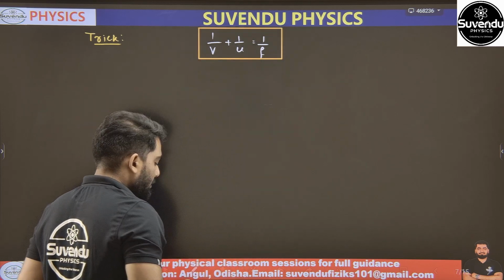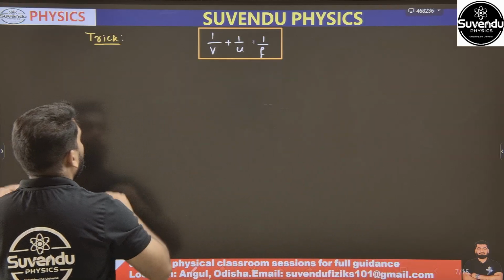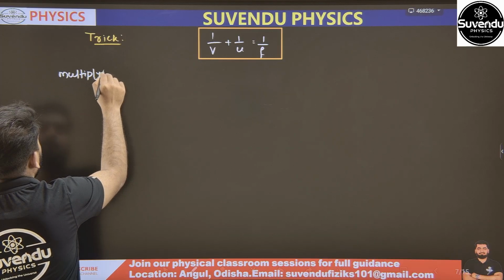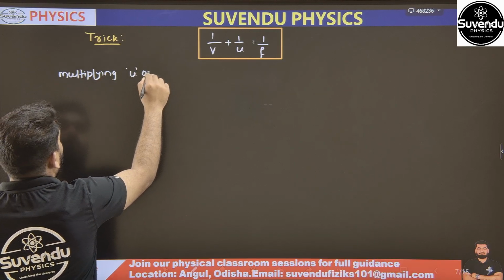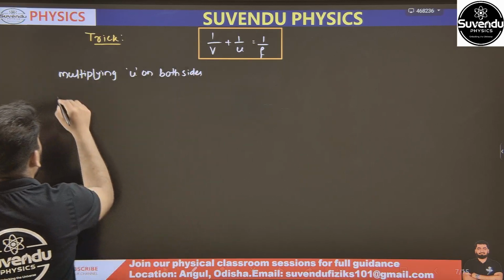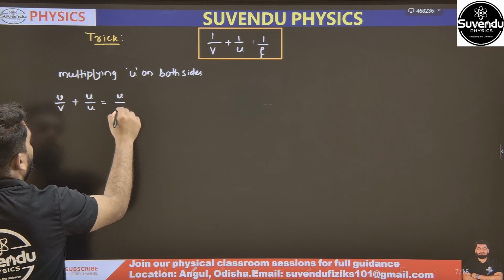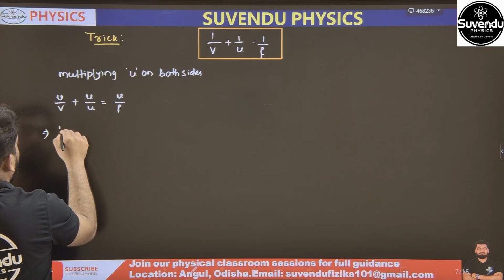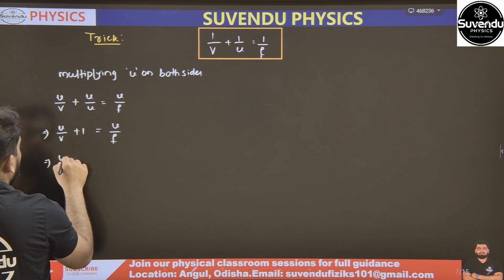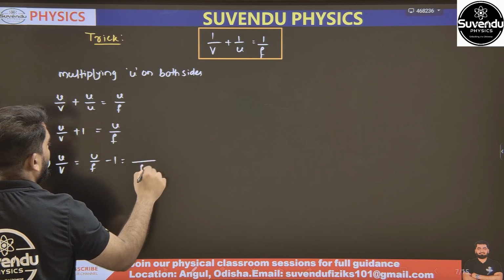तो दोनों पार्ट में तुम लोग क्या करो, multiply u on both sides. What you will get, u by v plus u by u is equal to u by f. देखो ये कितना होगा, u by v plus 1 is equal to u by f. That means u by v का आंसर क्या होगा, u by f minus 1, that is your f, एलसीएम होगा